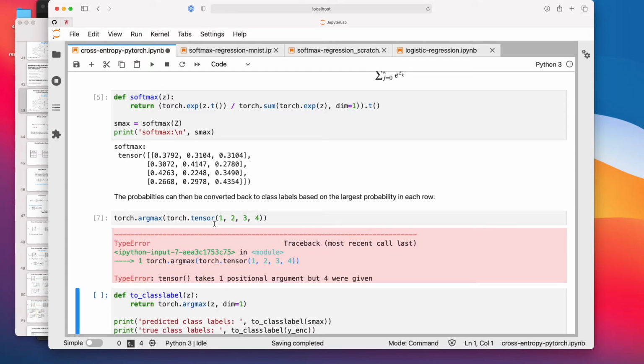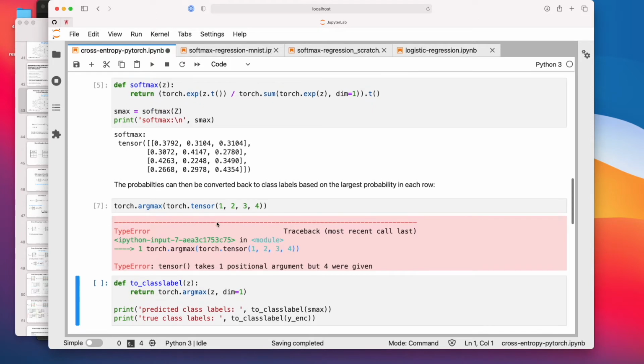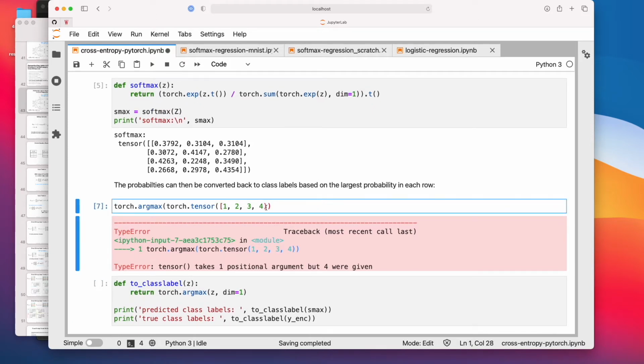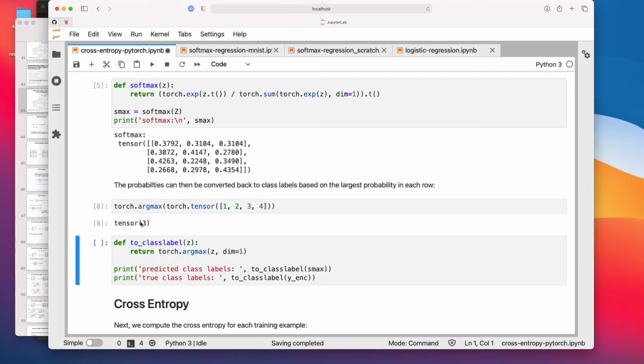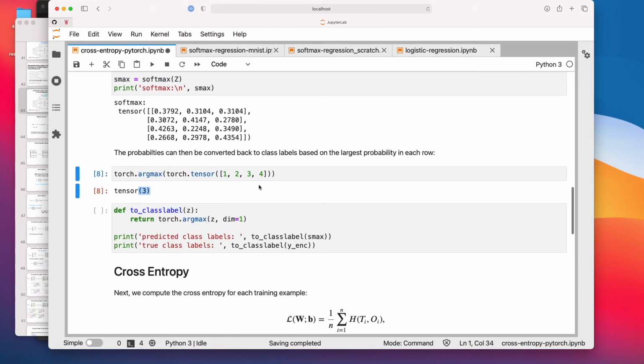That's weird here. Okay, what's going on? Oh, okay, sorry. I think I should put a 4. I was just not paying attention. All right, so this gives me the value 3 as expected. So if I put a 5 here, this would return 0 now, because now the 0th position has the highest